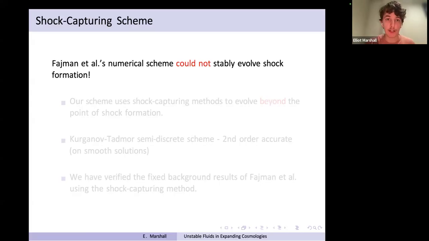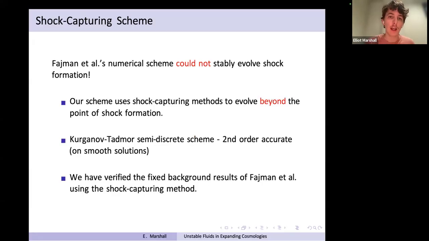So as I said, Feynman and collaborators had numerical results, but their numerical scheme couldn't evolve shocks. So they used a pseudo-spectral scheme, which is not well suited to discontinuities and shocks. However, they do provide very convincing evidence that shocks will imminently form. So while they don't actually show that a shock forms, their evidence is very convincing that it is imminently about to. But a natural improvement of this sort of approach would be to use a shock capturing method. So this is a numerical method which lets us resolve shocks in the domain. So not only can we evolve up to the point of shock formation, but we can evolve past and model the interaction of shock waves in our domain.